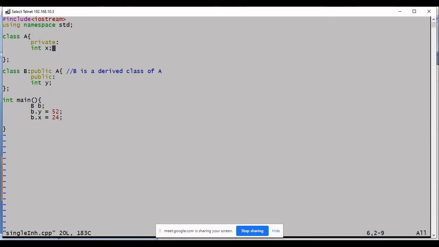So now we need to know, whenever you inherit, what kind of data is accessible and what is not accessible. So we will form one table so that becomes easy to remember.